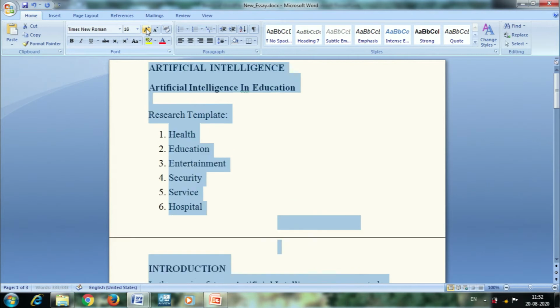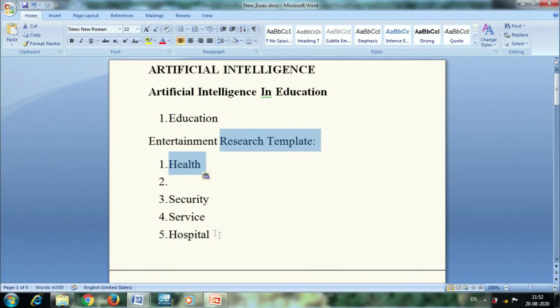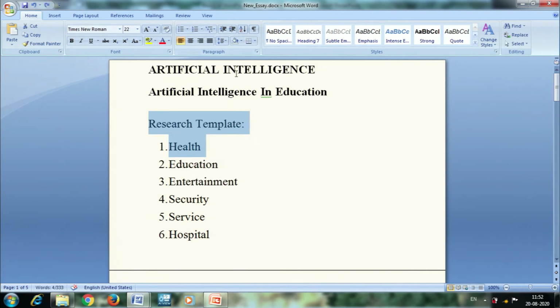I am increasing the font size. Here, some of my content is in full capital. Here, only the first letter in each word is capital, and the rest of the alphabets are in lower case. If I want to make changes like this, how can I do it? Suppose I have this word, and I want to display it in full capital. How can I do that?